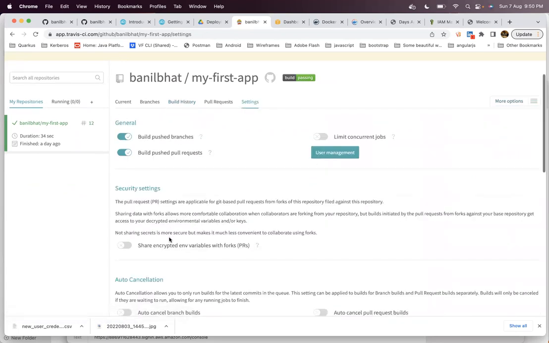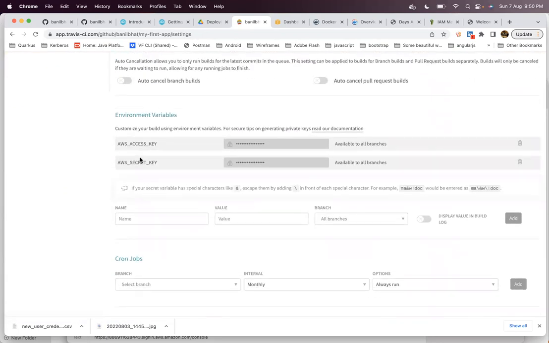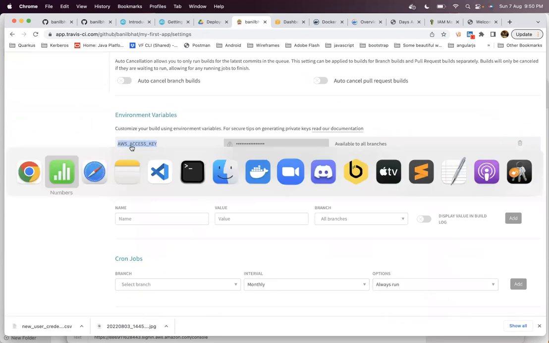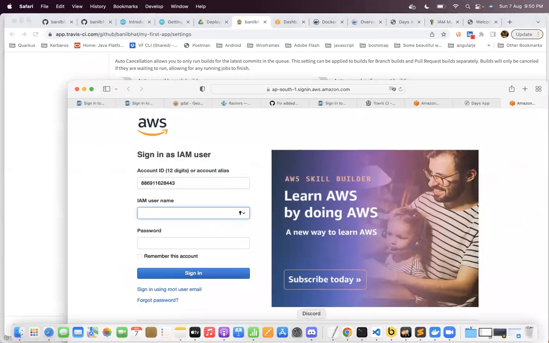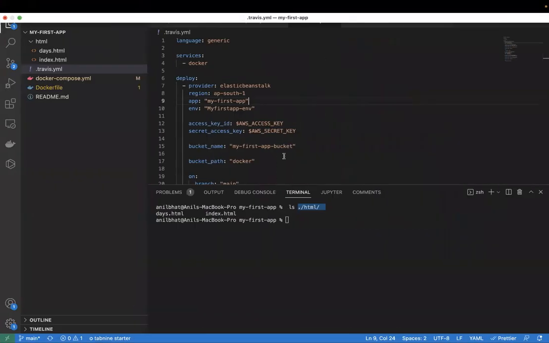via environment variables. You can see in travis.yml that I am already mentioning that my AWS access key ID and AWS secret access key are present in environment variables, AWS access key and AWS secret key. So these are already there, right?